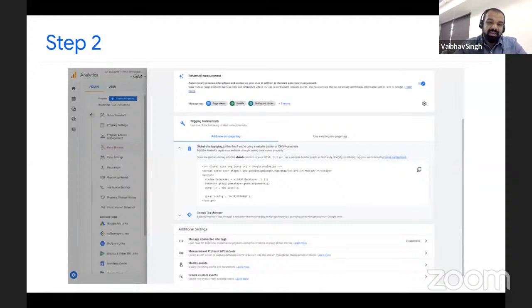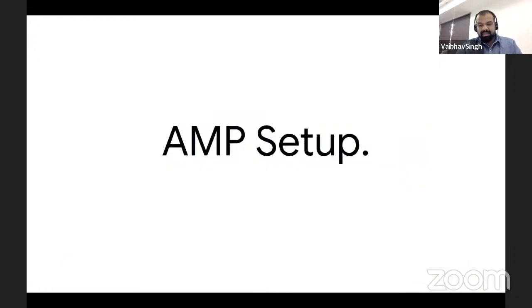Since the majority of traffic is on AMP pages, publishers in the last couple of years have worked on bringing more and more traffic to AMP pages because they are faster, safer, and they follow all the standards of the World Wide Web. So how could we implement the new analytics, GA4, on an AMP page with the same ease? It's very simple. We have made it very simple for you. The existing AMP setup can be easily transformed into GA4.